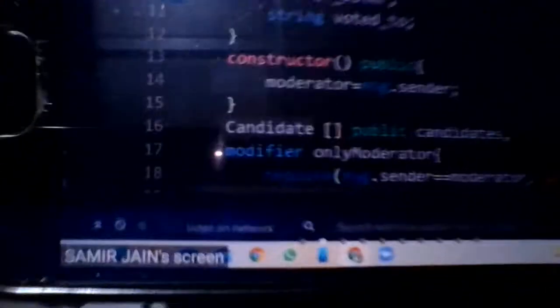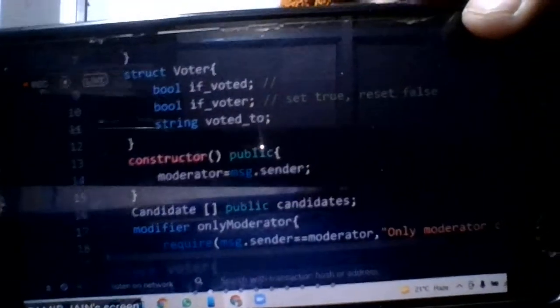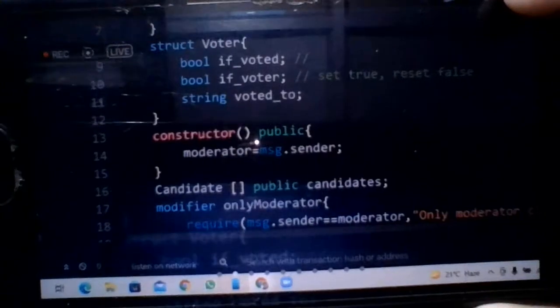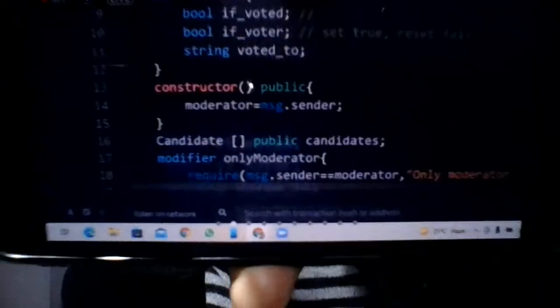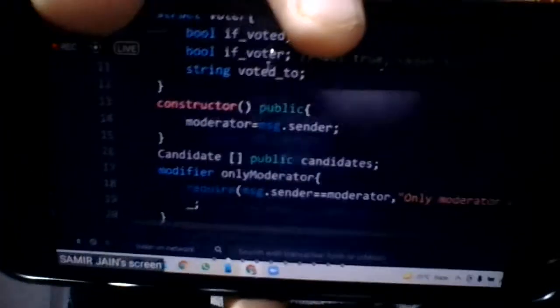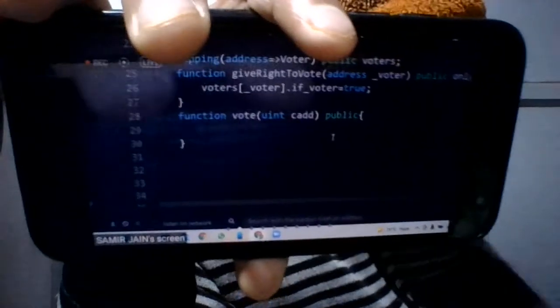Suppose I am the voter and I have voted for X political party. So the vote count of that X political party should get increased by 1. And if I have already voted, then I should not be able to vote again. So this thing is very important. So many things have to be updated.